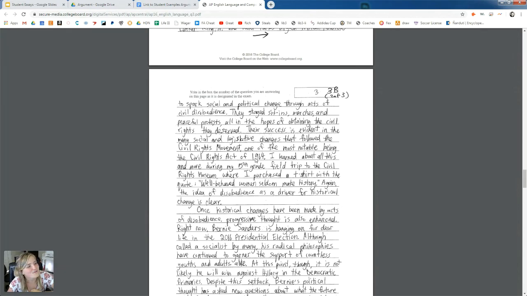So for a second, this kind of threw me for a loop because I was reading this, "I learned all about this and more during my 5th grade field trip." If they stopped it there, you do not want to include that in an essay. I don't really know how to explain it, but they tied it in with the T-shirt that they got saying, "Well-behaved women seldom make history." But I would even maybe take out the 5th grade field trip because it was so long ago that it makes it less relevant and a little bit more childish. I don't know if that's just my opinion. We'll see what score they got, but it's just something to keep in mind.